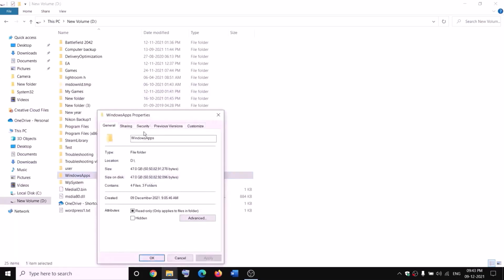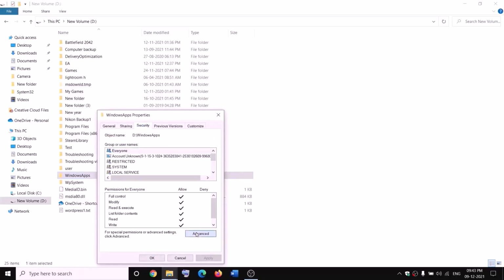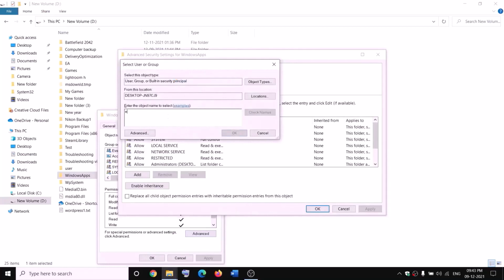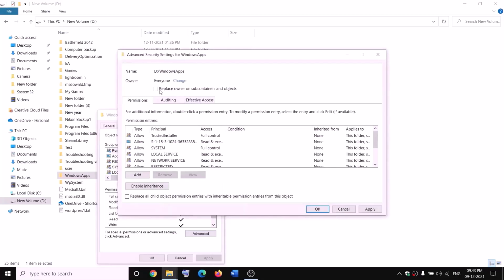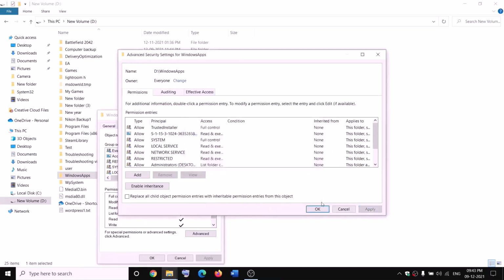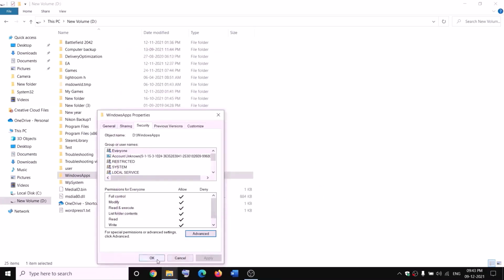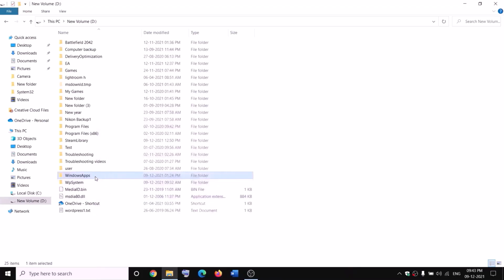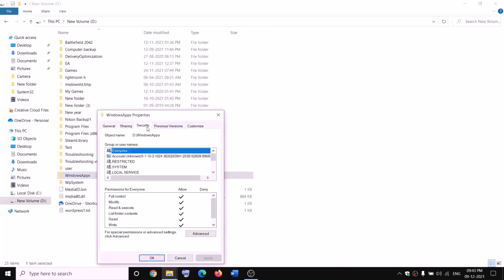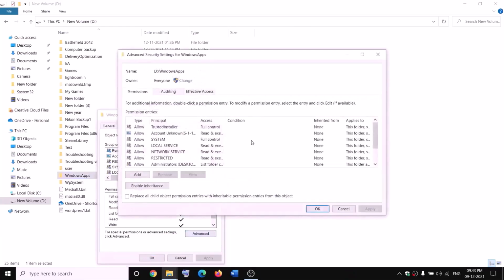properties, go to Security tab, Advanced. Now click on Change over here, type in Everyone in the box. Now click on Check Names, then click on OK. Now put a check on the box which says Replace owner on subcontainers and objects and then click on Apply. OK, OK, again OK. Again make a right click on WindowsApps, select Properties, Security tab, Advanced, and this time